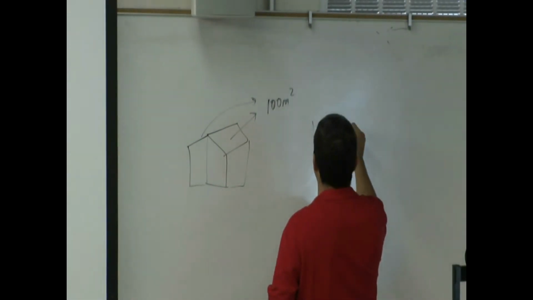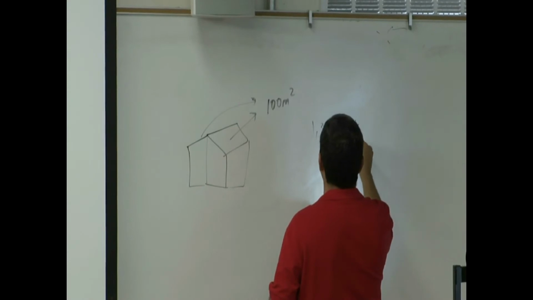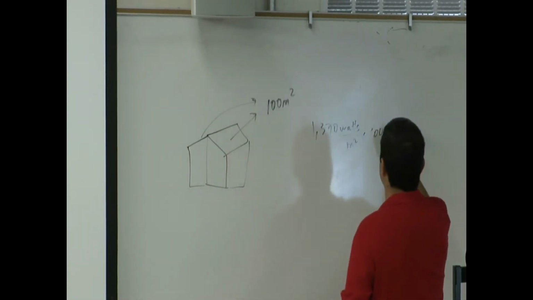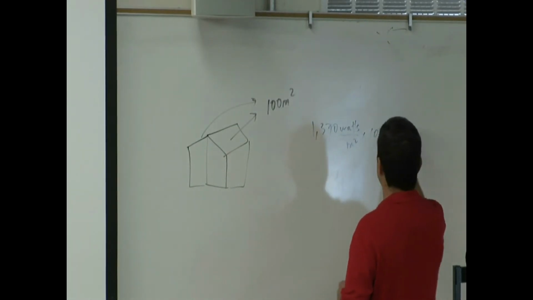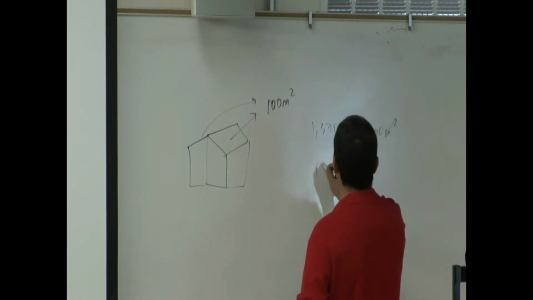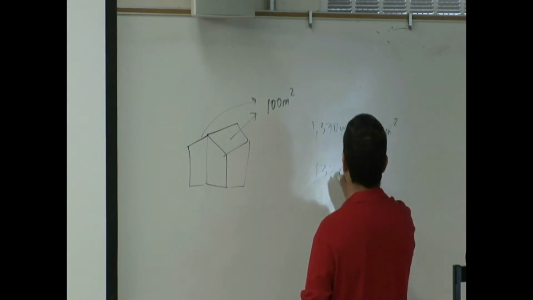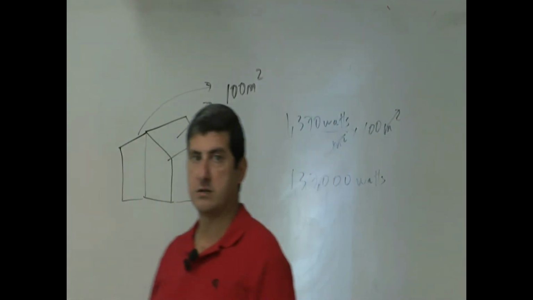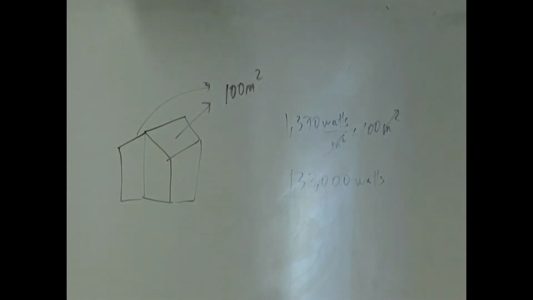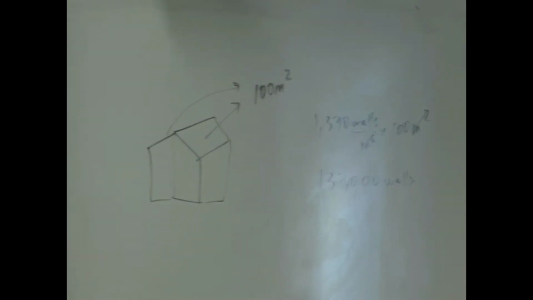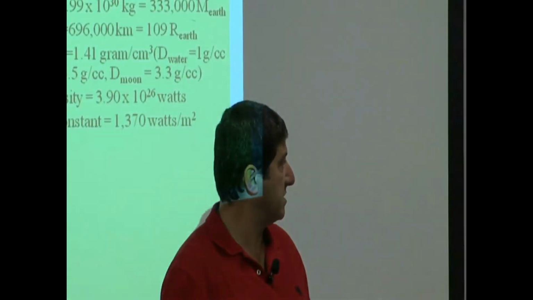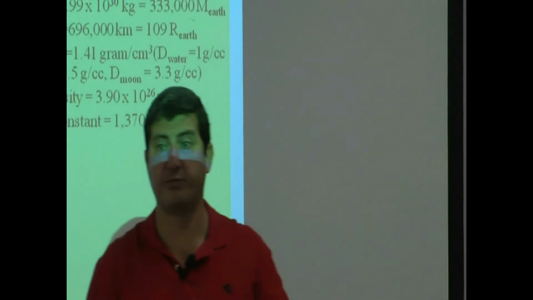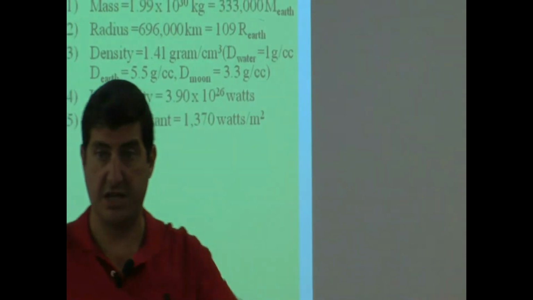If the solar constant is 1,370 watts per meter squared, times 100 meters squared, then you would be getting 137,000 watts. Okay? So sometimes we use the term kilowatts. That would mean 137 kilowatts of solar energy is hitting